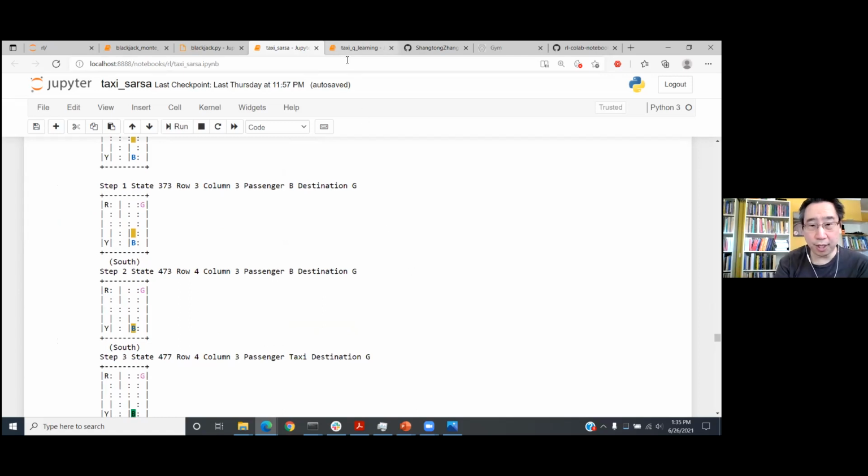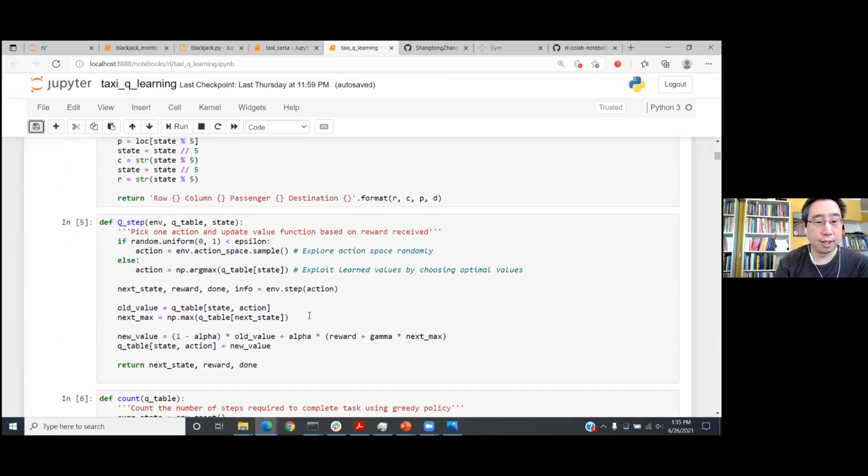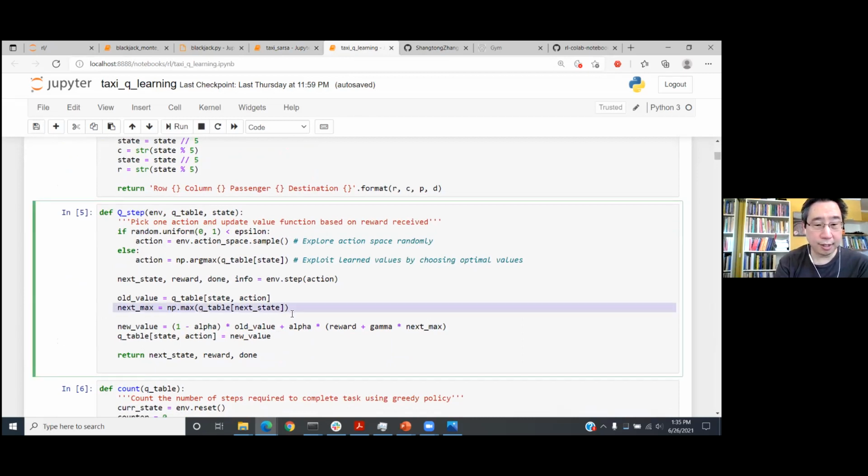And then the cool thing about Q-learning is that, where is it? This is the only line I changed in the notebook. Every other line in this notebook is identical. Okay, so going back to